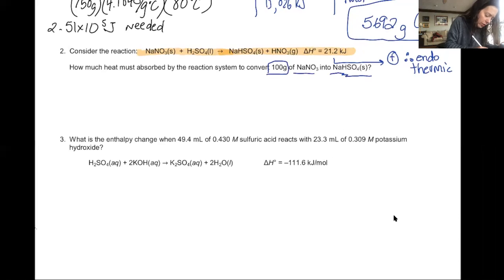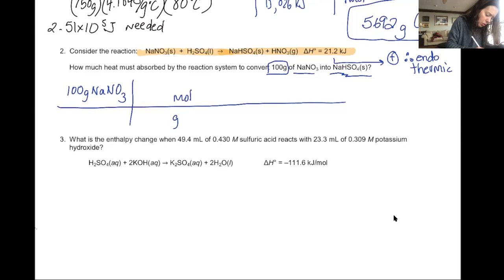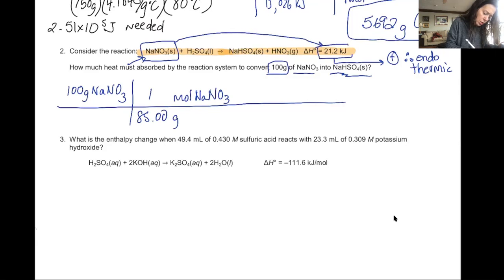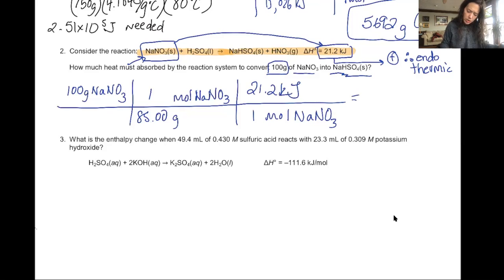Okay, well, if 100 grams of sodium nitrate is reacting, and I want to use my thermochemical equation, I will have to convert those grams to moles, right? So sodium is 22.99 plus nitrogen 14.01 plus our 3 oxygens, each at 16 apiece, 85.00 for every 1 mole. Now look at your equation. 1 mole of sodium nitrate requires 21.2 kilojoules. All right, 21.2 times 100 equals, divided by 85 equals 24.9